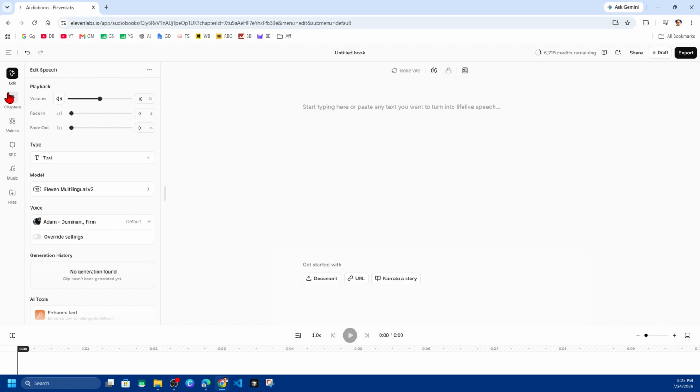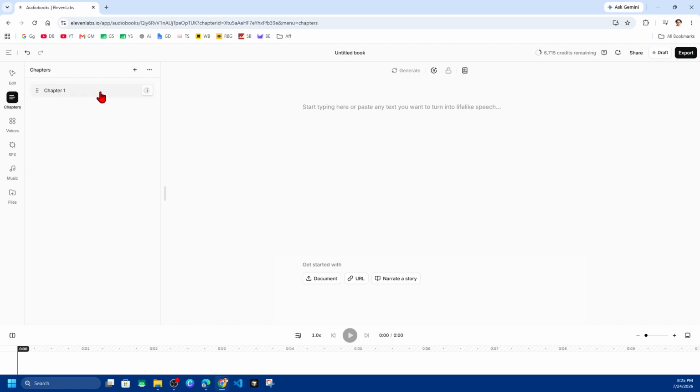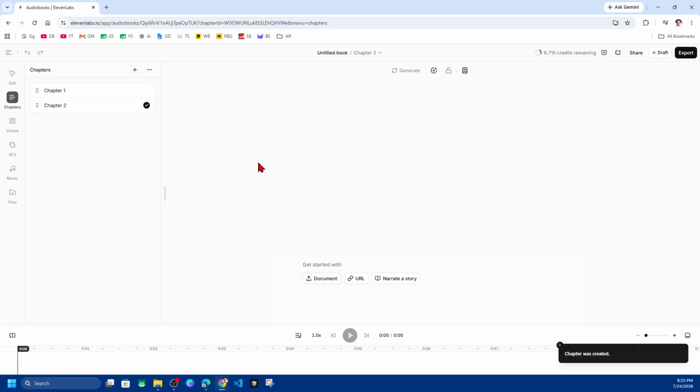Now, if we come back on the left, we've got chapters here. So this is where we can add in chapters. So we got chapter 1, we can add in another chapter. So we got chapter 2, do as many as you want. So obviously start with chapter 1 and start typing in what you want to turn into lifelike speech or pasting